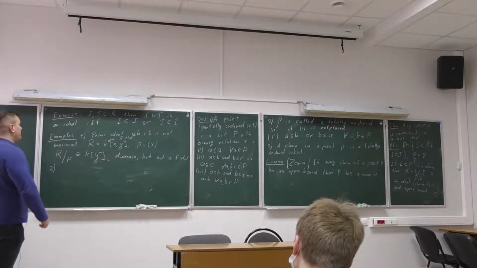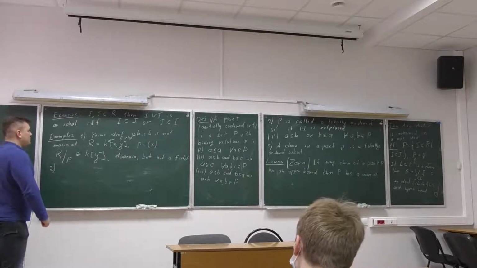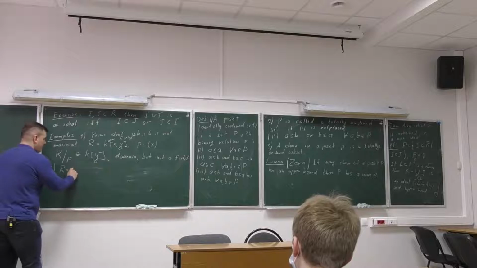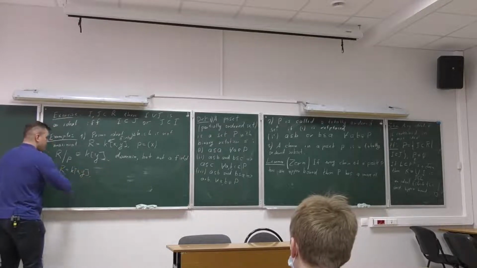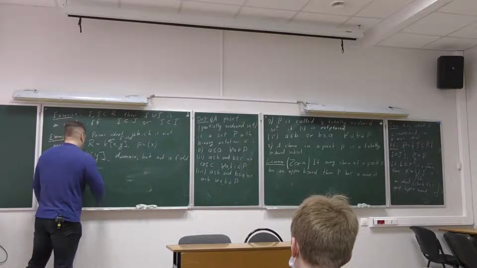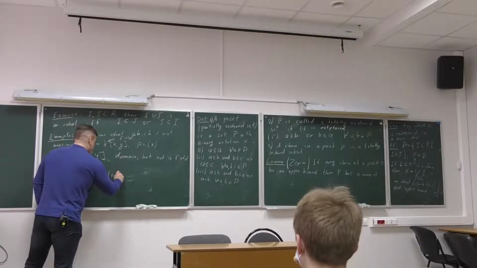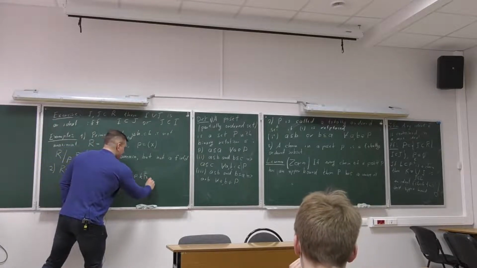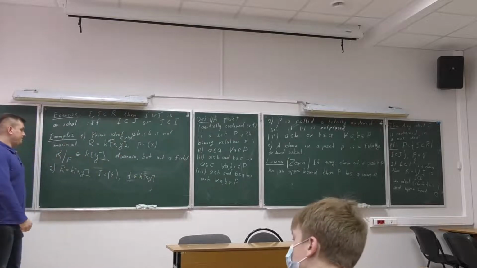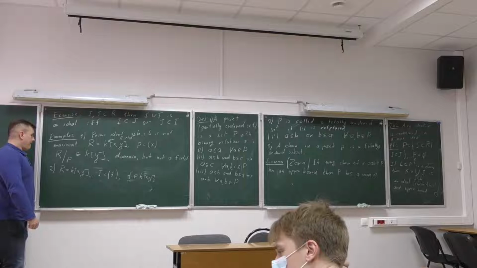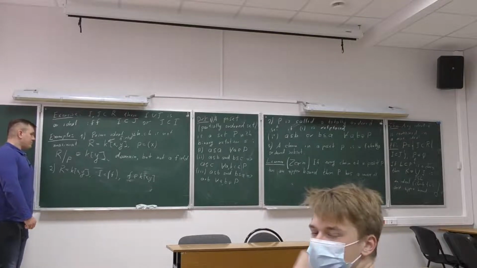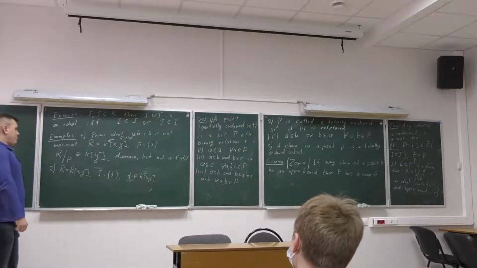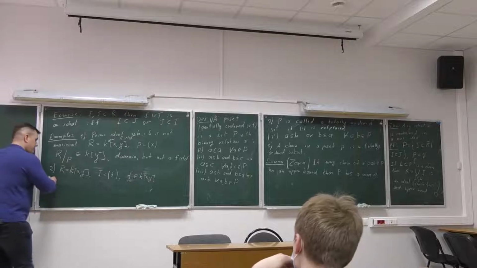Okay, in the second example, I want to show you that one ideal could belong to many maximal ideals. So maybe let's take the same ring, polynomials in two variables, and let's consider ideal I to be the principal ideal generated by some polynomial f. So in this case f is just some polynomial. Now, maybe for simplicity I want to assume that this field is the complex numbers, but the argument is actually the same for a general field. So I claim the following, that for any